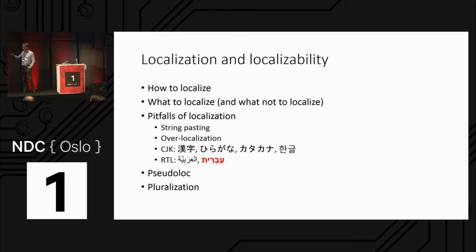Their distinguishing feature is that they are written right to left, so everything is mirrored. If you paste this into a text editor, for example the one in PowerPoint, and you start at the left-hand side and arrow to the right, you go like this until you get to here, and then you pop over there, and you continue arrowing right, then you go this way, then you go there, and you pop back there, and you go over there. So if you want to make software that uses both right to left and left to right languages and can mix them properly, then you have a job ahead of you, because that stuff is really, really hard.